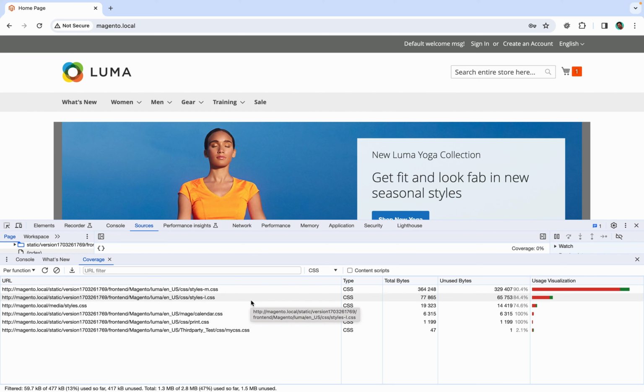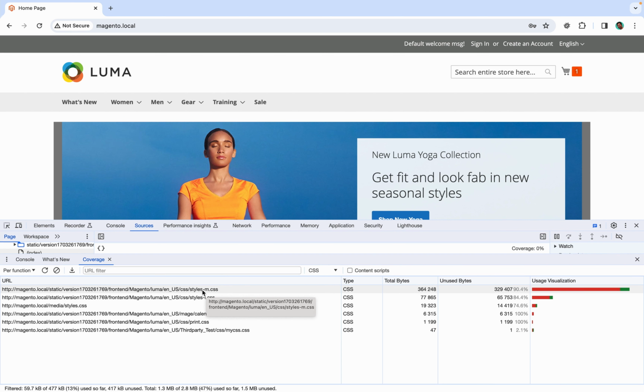Now you can see my old CSS file is not present right now and it is completely removed from our project. So utilize this coverage tool to identify all unused CSS files and all unused JavaScript files, and review those files to see whether you really need those JavaScript files or not. Also review the files where unused bytes are close to 100%. For example, you can see these CSS files are close to 90%. So you can review this CSS file to see whether you really need it or not.